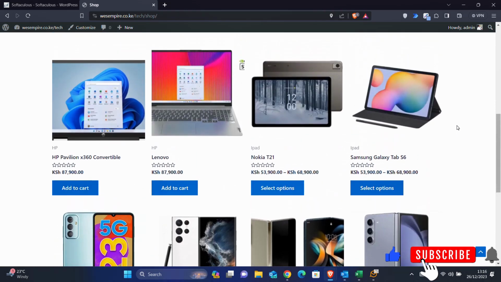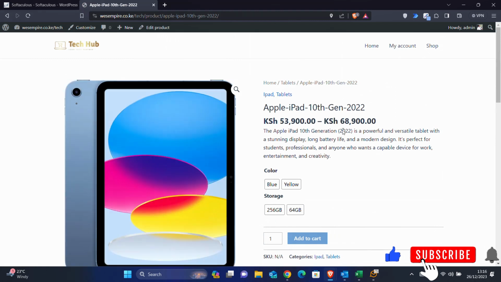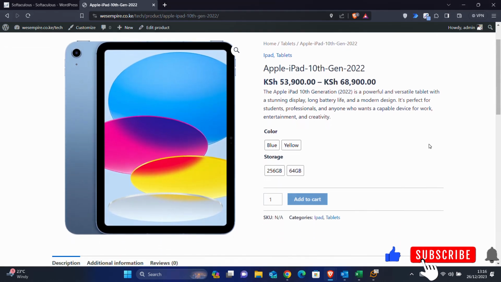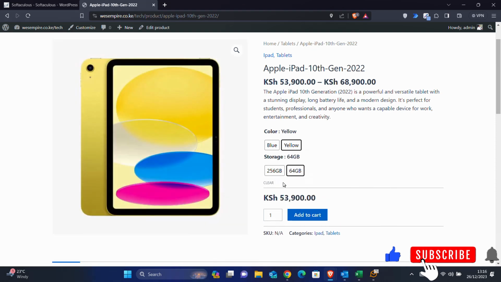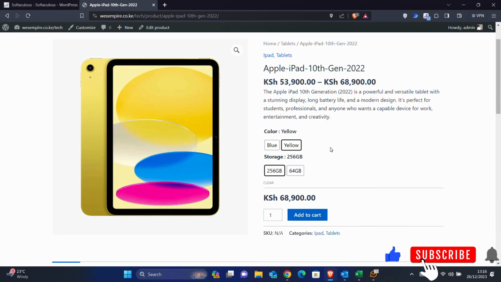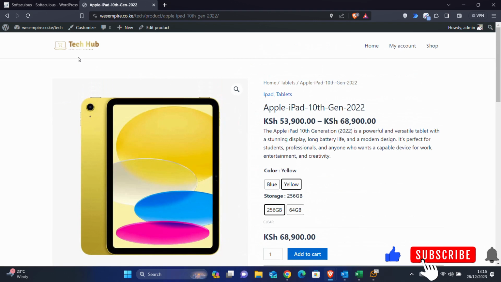And we went ahead to a point of, you can see we added items or products, and again we gave the customer the option to select the product that they want based on the features and the colors. For example, you can see that this iPad here, we have the blue, we can go with the yellow, we can go with the size here, say 64 GB, or you can go with the 256 GB. You can see, so the customer has the option to select this. So this simple website that we built last time, we need to work on it and improve the speed